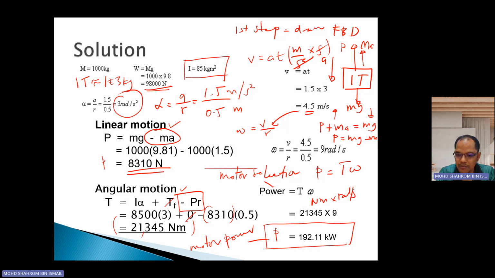So the recommended motor is supposed to be around 200 kilowatt, considering some safety factors of around maybe a quarter of the power. Let's say 3/4 multiplied by power. So this one is the safety factor. In case there is a loss of power somehow, there's still some backup. Of course, for this kind of situation, in standard engineering design,